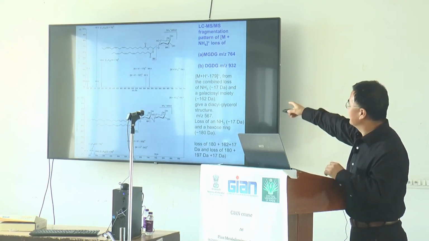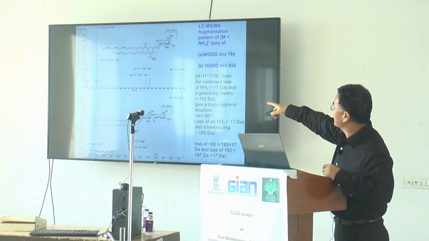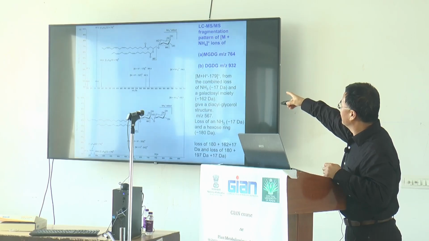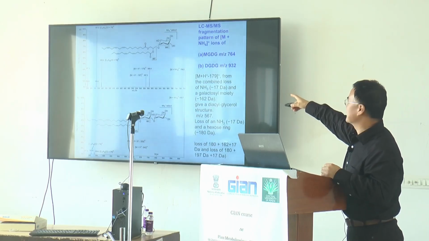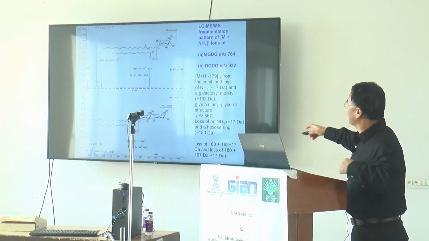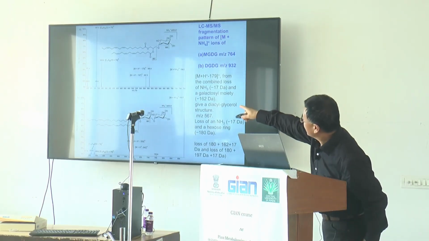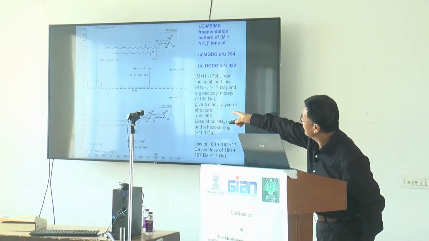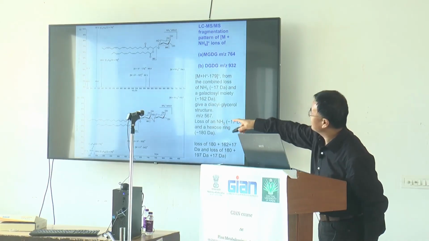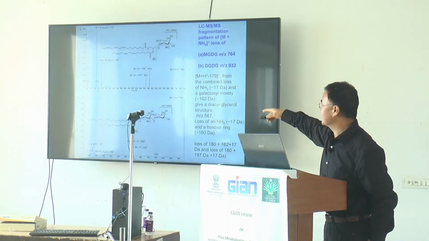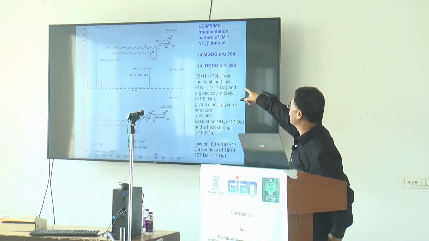Then log on to the machine, and you will see the MGDG ion peak is 762. This generated this major peak, and then 582, 585 or another one. I couldn't see very clearly. But how can you judge those? You can see if